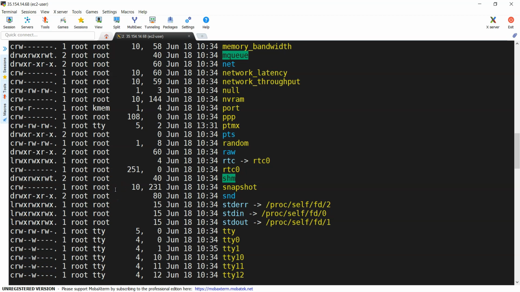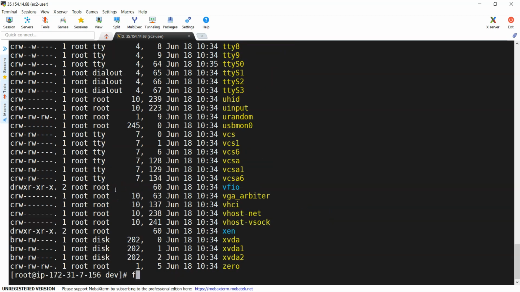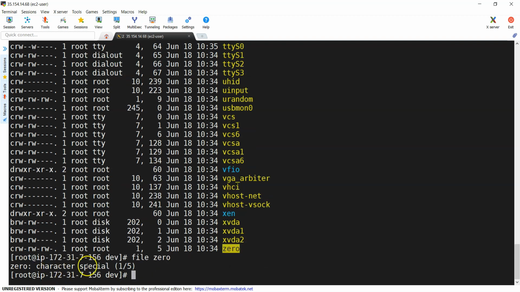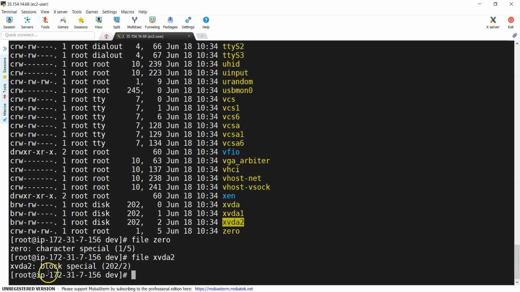This is how it is. So if I give file on this particular file name, it will tell you character special file. And in a similar way, if I give file on this one, you can see this is a block special file. That is how different files are there.